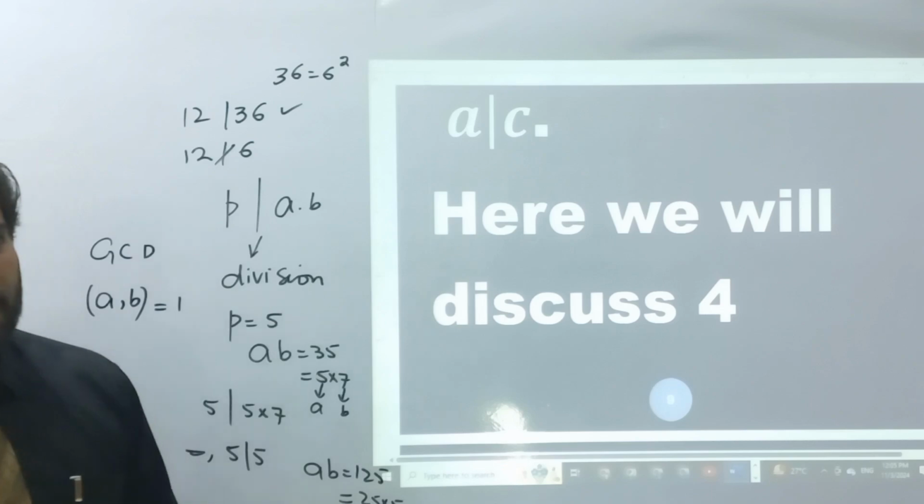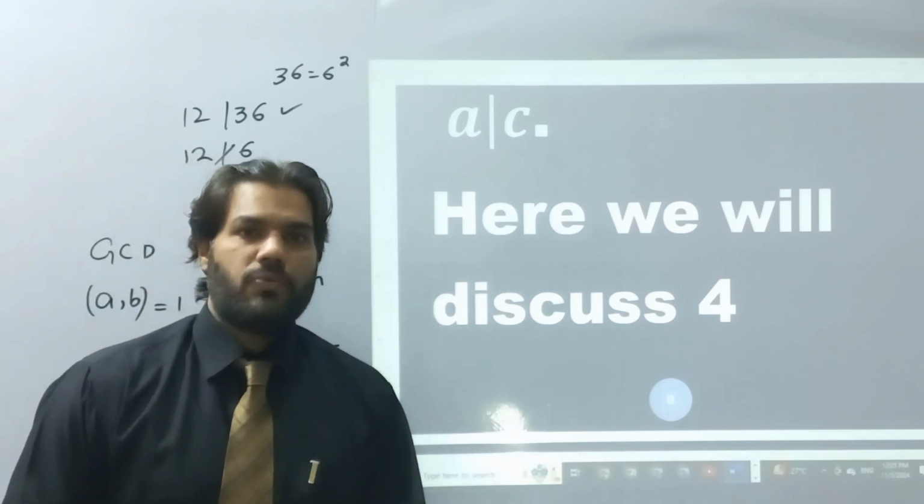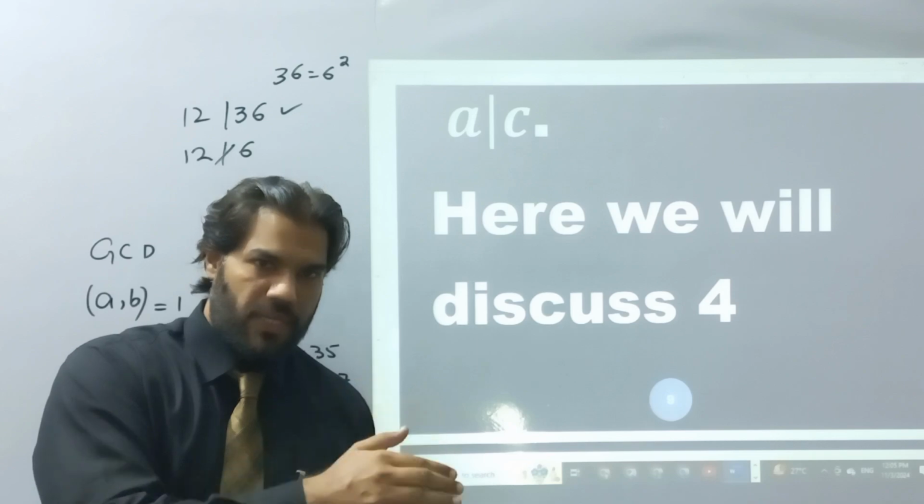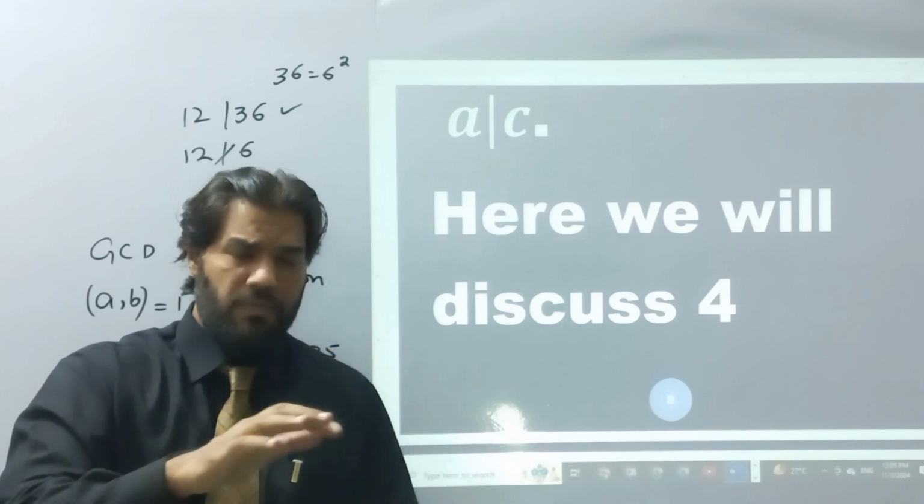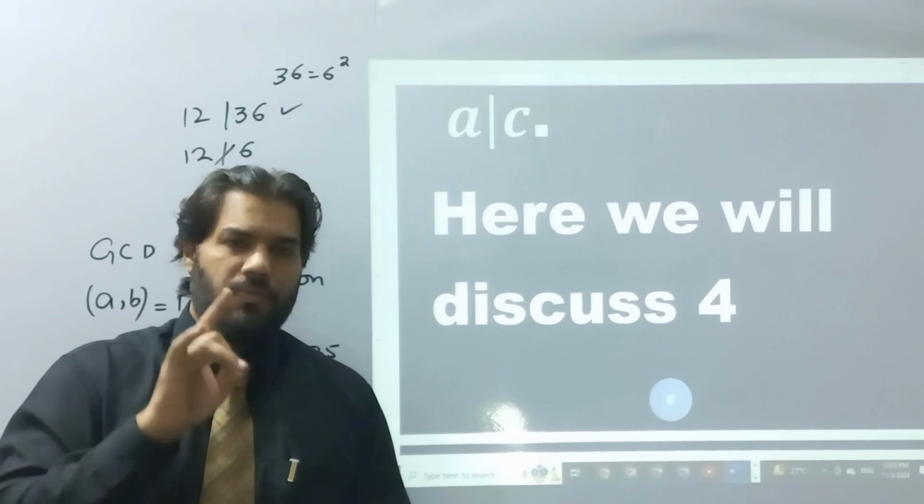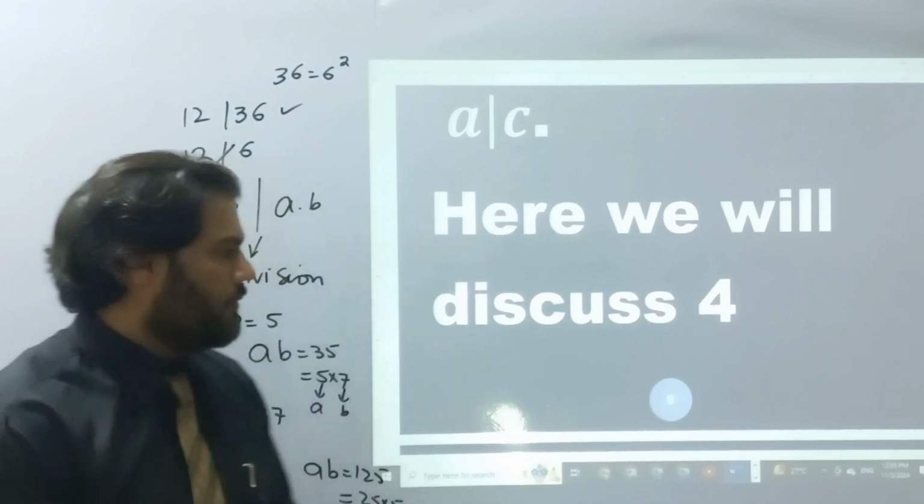This result says that if a divides a product of two numbers b and c, and the GCD of a with any one of b or c is 1, then a must divide the third number. For example,